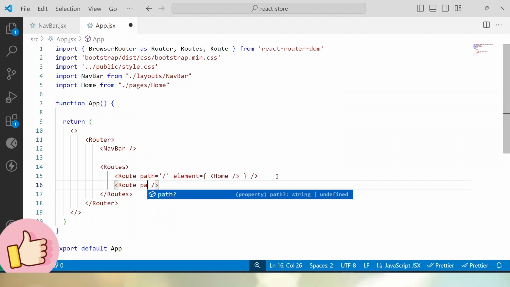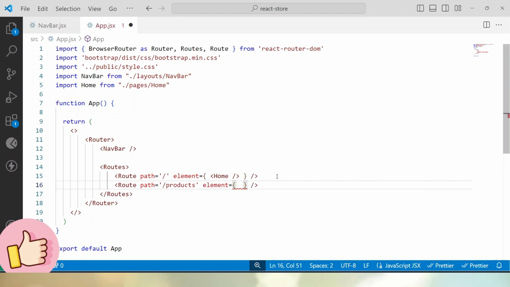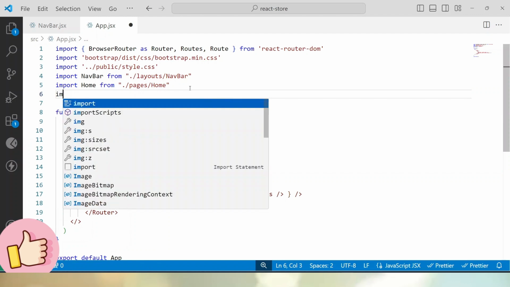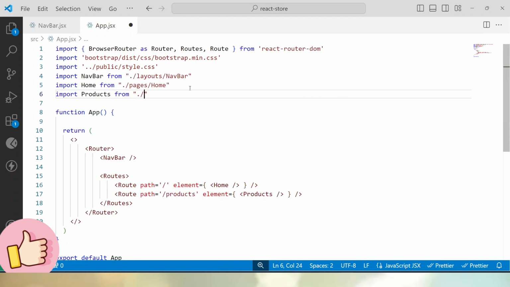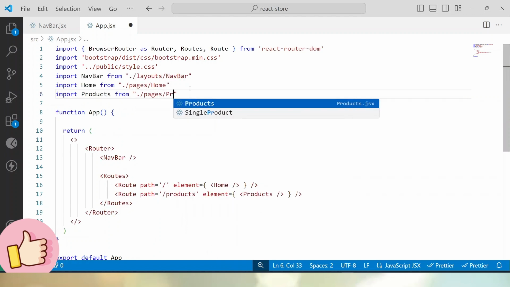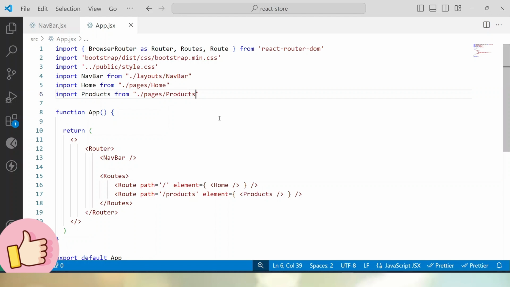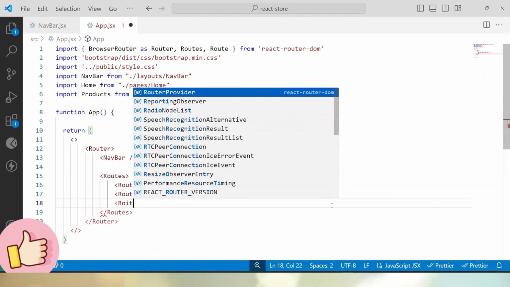And next, we have to go inside our, let's say, products page. So in that case, we have to call our element, and inside it, we have to call our products component. So if I see the component here, first thing, let's import. So import products from pages folder, and then after we have to include products. Then after, let's create our route for